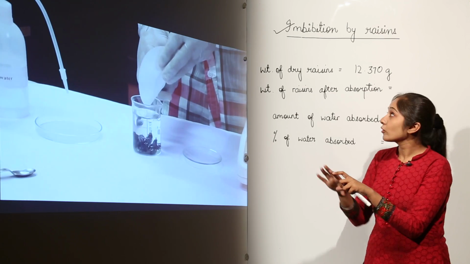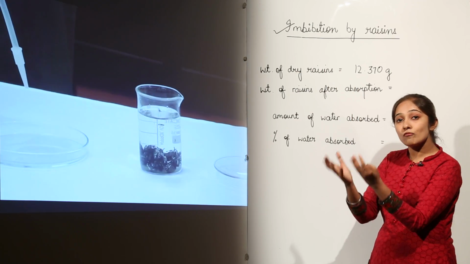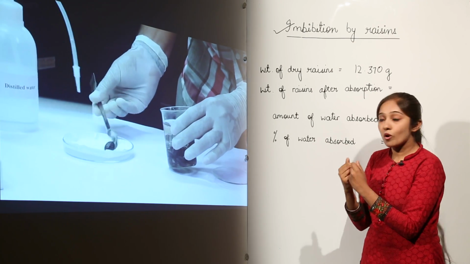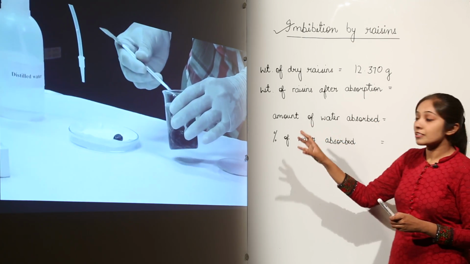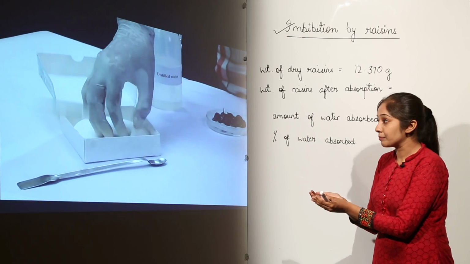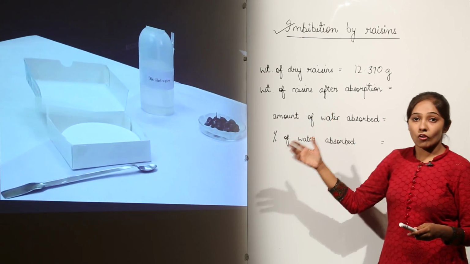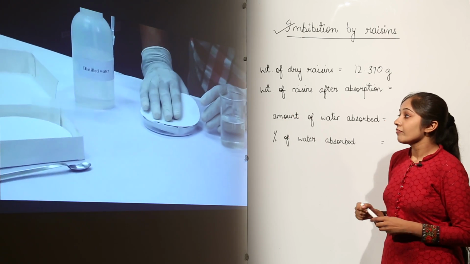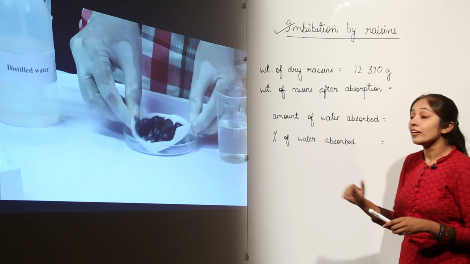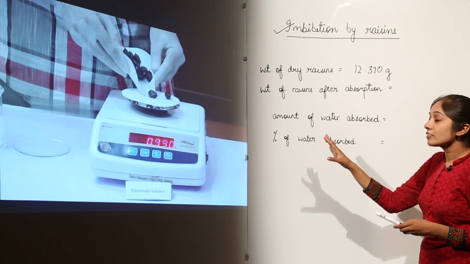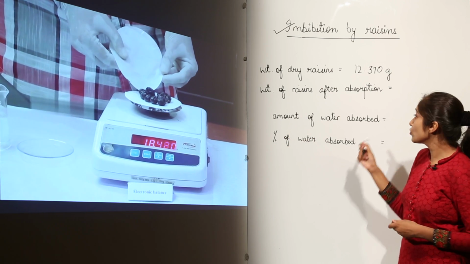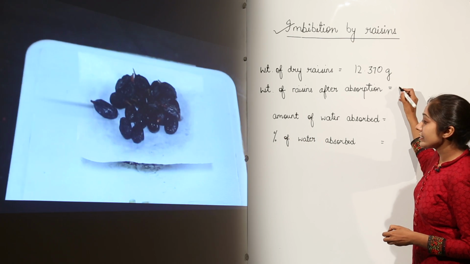Now, the raisins are going to show this process of imbibition. They are going to absorb water because they are hydrophilic. They contain substances which are going to absorb water. Then after some time, take those raisins out onto a petri plate containing blotting paper. You can remove excess water by using blotting paper. When you have removed the excess water, you are going to weigh these raisins on a weighing balance. Let us see what is the weight after this, which comes out to be